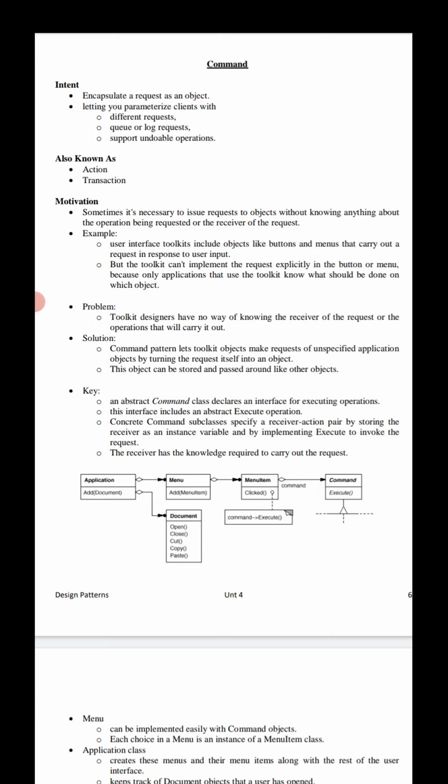Here, look at this command design pattern. It is one of the very important design patterns coming under the concept of behavioral design patterns. It comes under the category of object behavioral design pattern. What is the main intention here? The command design pattern encapsulates